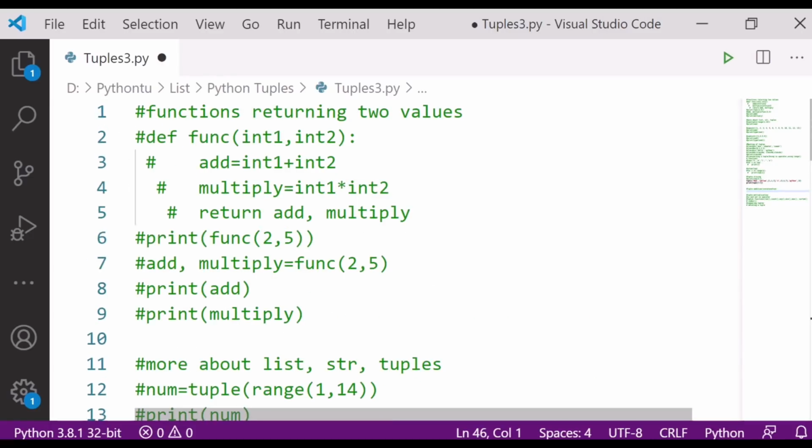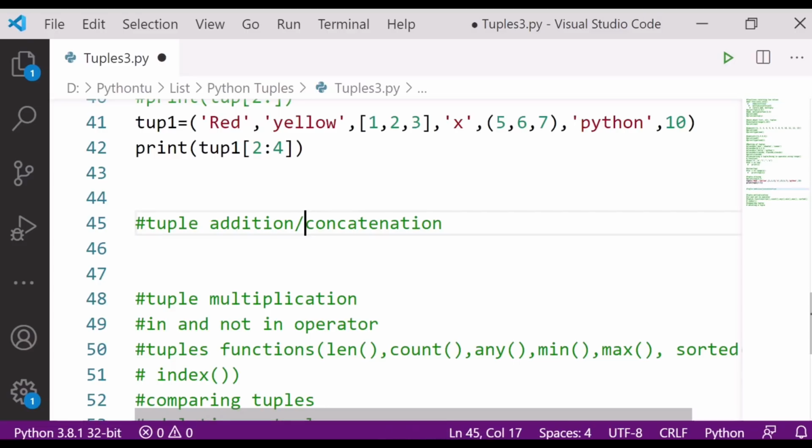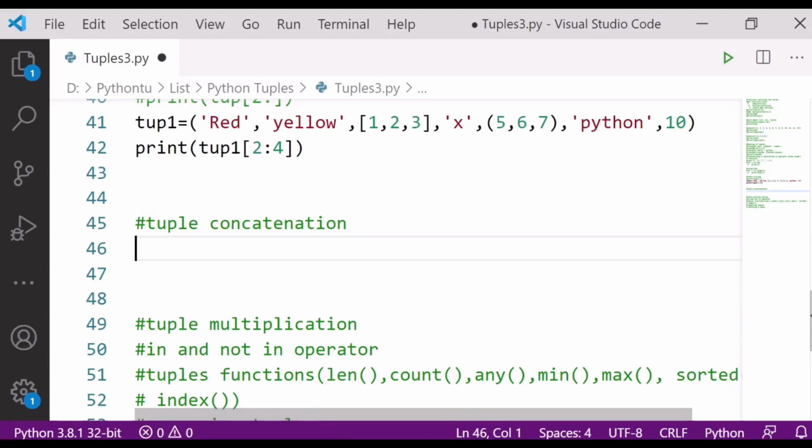So let's do the concatenation. For concatenation we use the plus operator. So let's see here, if I have to concatenate two things,